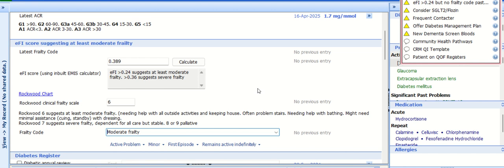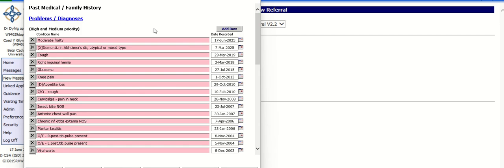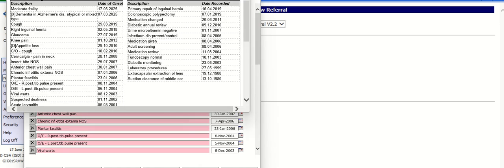Now, the difference here is that I've set up this template so that it does record this as an active problem. And the reason that's important is if I save that and I do a referral again, this time round you'll see it's been recorded as a problem. So that referral letter, when it gets received, will have the code moderate frailty. And if I look at the preview letter for that, it'll show moderate frailty. So the problem we've got really is that the EMIS built one isn't coding them as a problem that's getting picked up by WCCG.